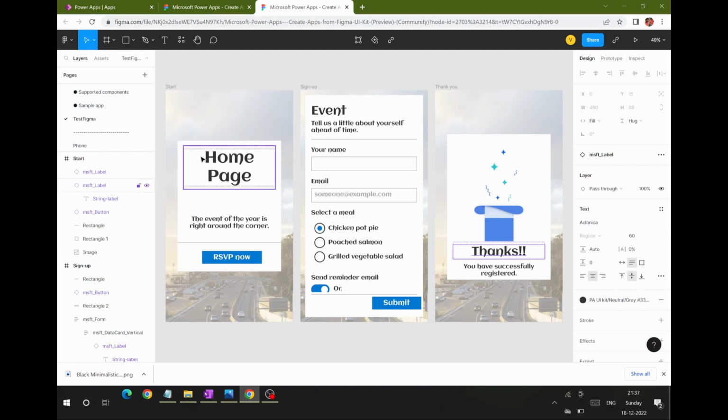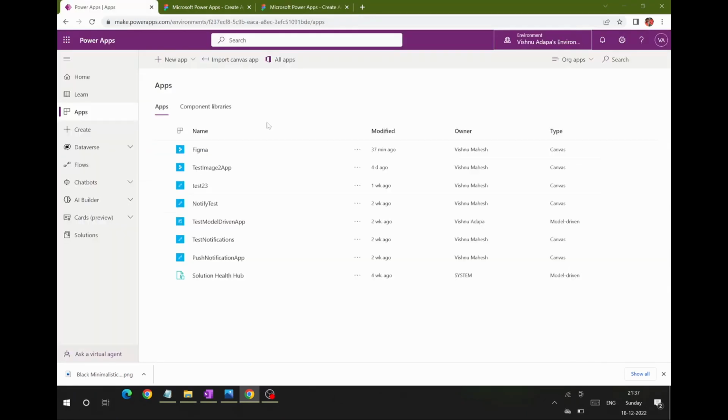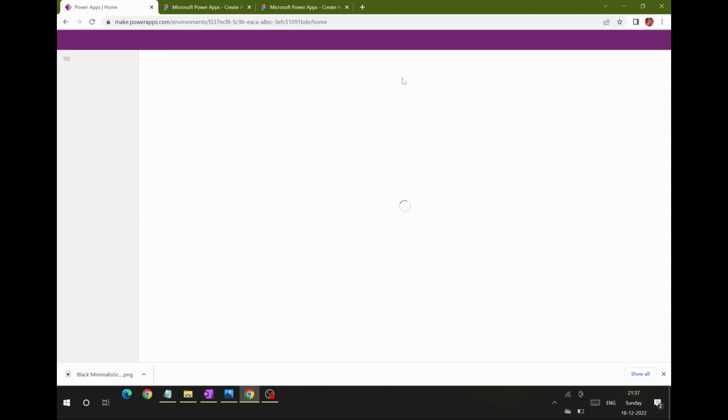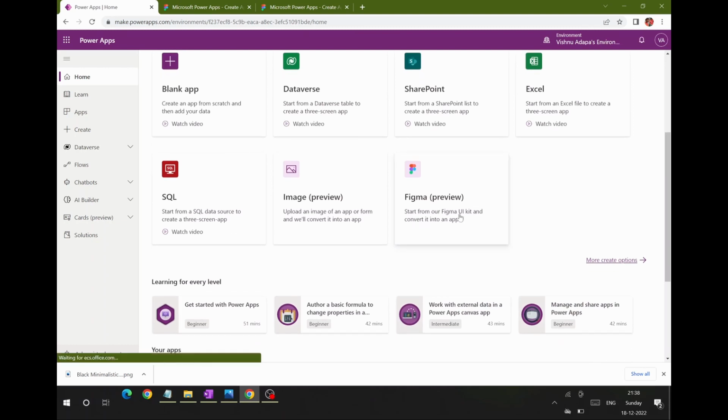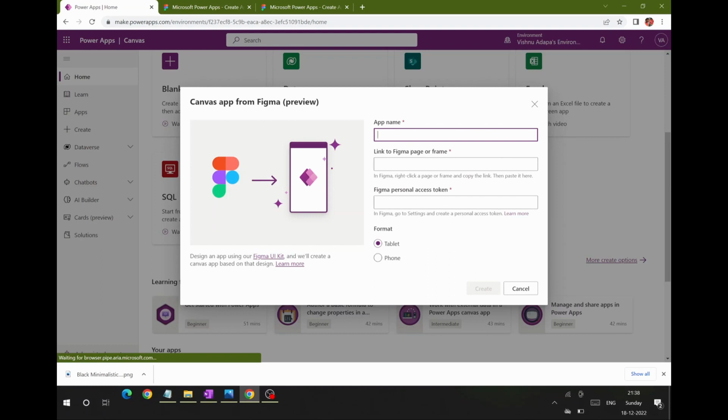So for that, what I need to do is right click on the test Figma page that you created, click copy link to page, and now go to the Power Apps homepage, make.powerapps.com. Now, as I told you earlier, there is an option here for Figma to app conversion. I'm clicking that. Give a name,